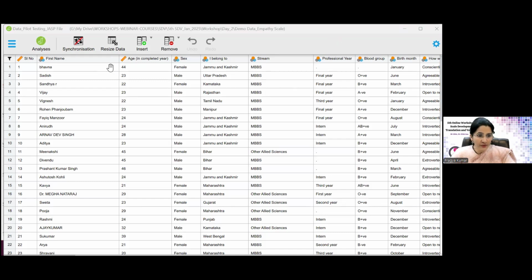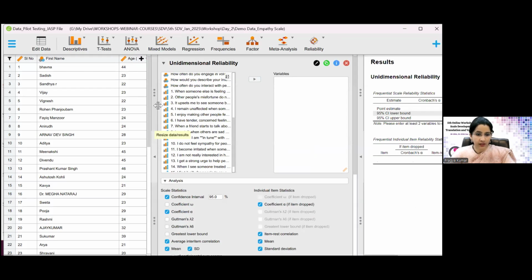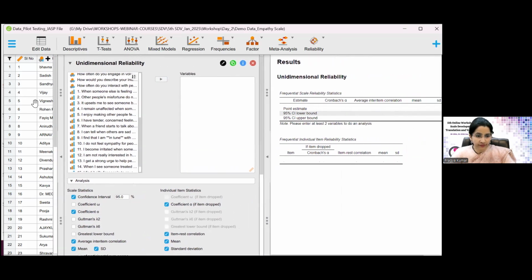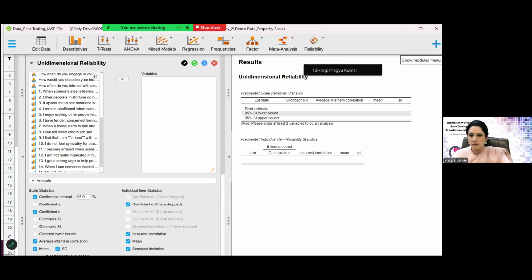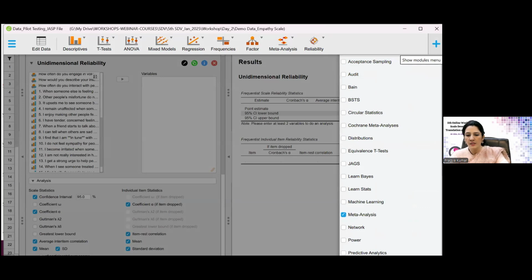And then if you click on analyze, then this will appear. Again, this interface will be there. So this will not be there initially. I don't know if you see that we have downloaded these modules. So there's a plus sign here on the JASP. You click on this plus sign and then you can see all of it, it is alphabetical. So you can see the option, and if you come down,